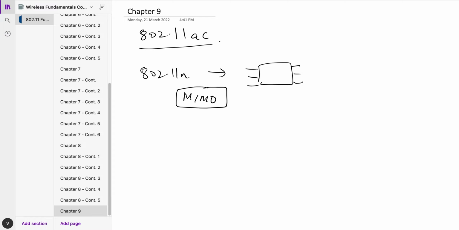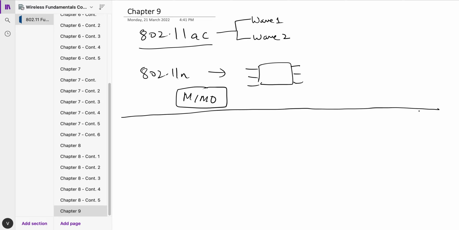So .11 AC was released in two waves. One was wave 1 and the other was wave 2. We will discuss this as we go along. But you need to know that .11n was called MIMO, whereas in .11 AC, we have introduced the concept of multi-user MIMO. Okay. So some advantages of .11 AC is